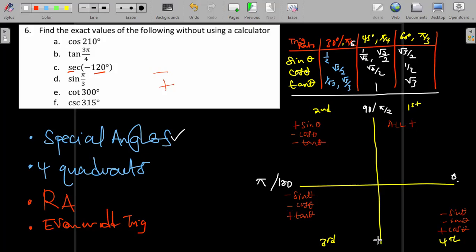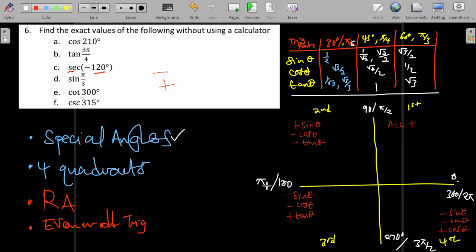Here you have your 270 degrees. When you write it in radians, the 270 will just be 3 pi over 2. And then here, since we started at 0, 90, 180, 270, here you come back to 360. But when you write this 360 in radians, it is just